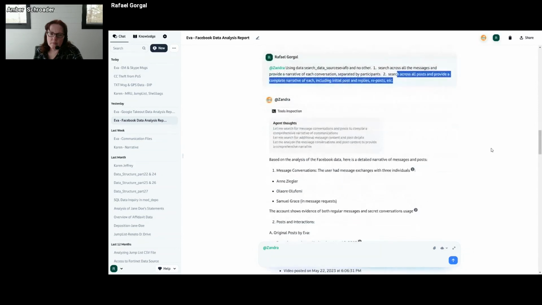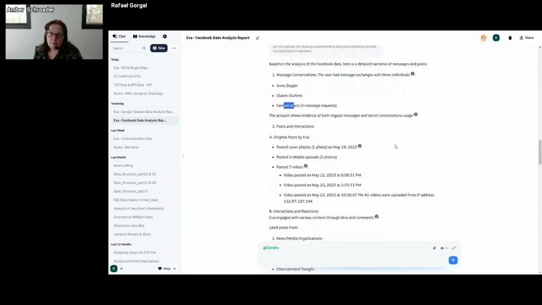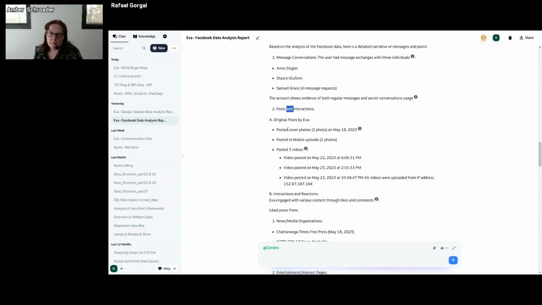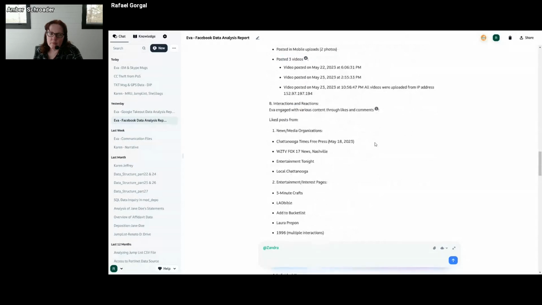And it went back through and identified that the messages are with these people over here. There are both posts and interactions, and it takes the entirety of the Facebook interactions and puts them all together for you. And then it has a separate report that it outputs as well.